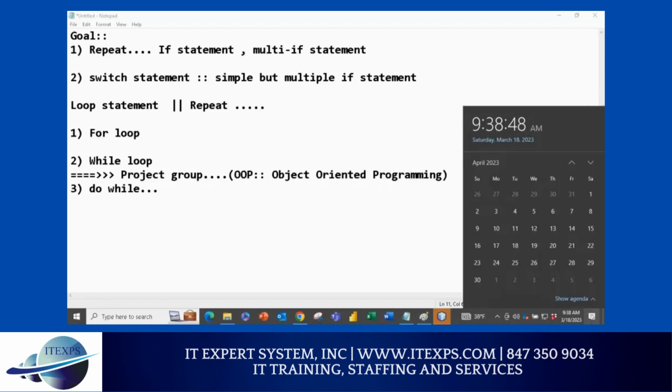If you do projects here, then when you go to your job, it will be a lot easier. Why? Because you already built the muscles. Sounds good or not? So I will request you to do projects, because you can also become a Java programmer. We are not just teaching Java superficially. We are teaching Java in detail.